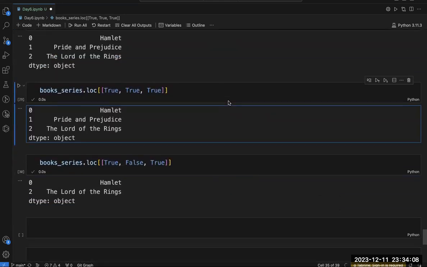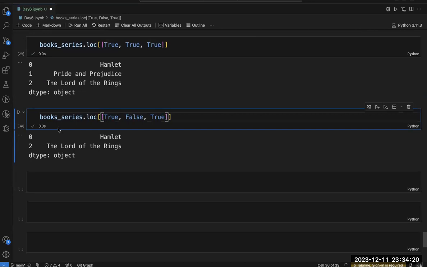With this Boolean mask, one important thing is that the length of the Boolean mask should match the length of the original series.